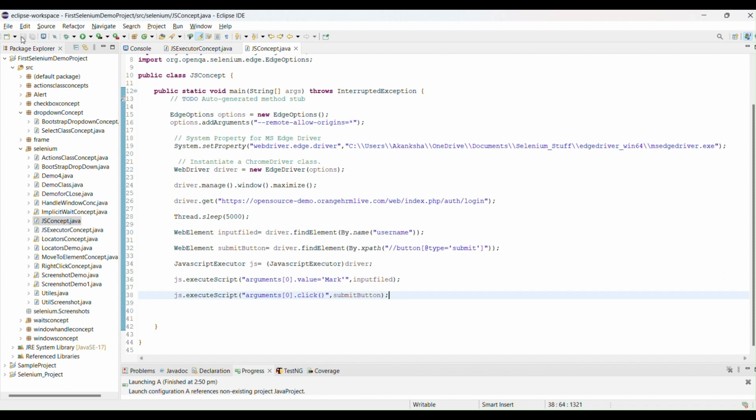But if you want to perform any task forcefully, then you can use JavaScript executor as a second option, but don't use it every time. Always use the common method, not the JavaScript executor. So this is the way, guys, to handle all these operations using JavaScript executor.